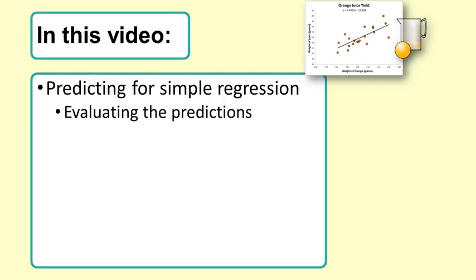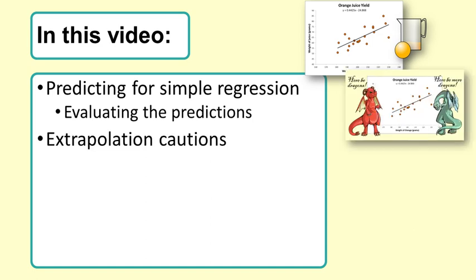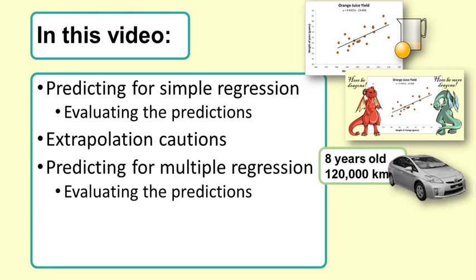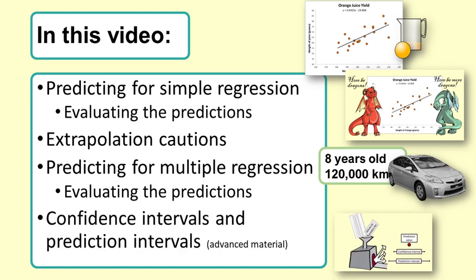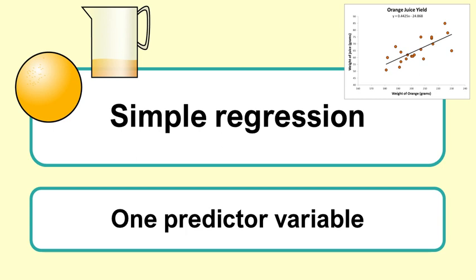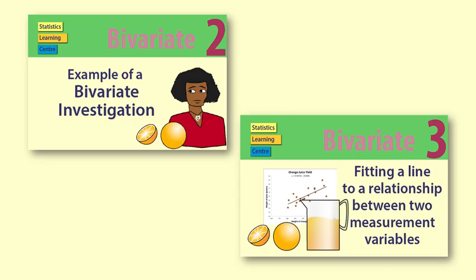In this video, we will start with an example of predicting with simple regression, evaluating how good the prediction is. I will explain the problems of extrapolation. I then give an example of predicting with multiple regression, similarly evaluating it. At the end, I will touch on confidence intervals and prediction intervals for predictions. Simple or linear regression is where there is just one predictor variable. You can see more about this in the video Bivariate 2, example of bivariate investigation, and Bivariate 3, fitting a